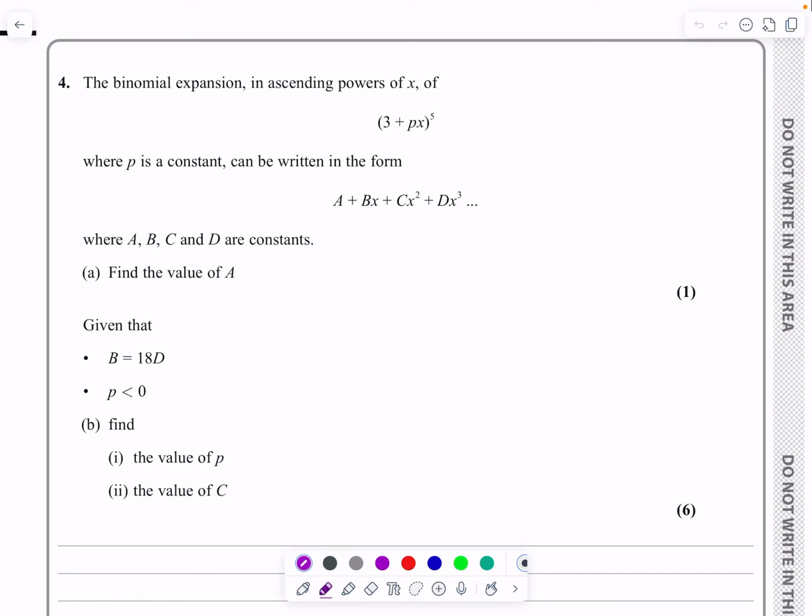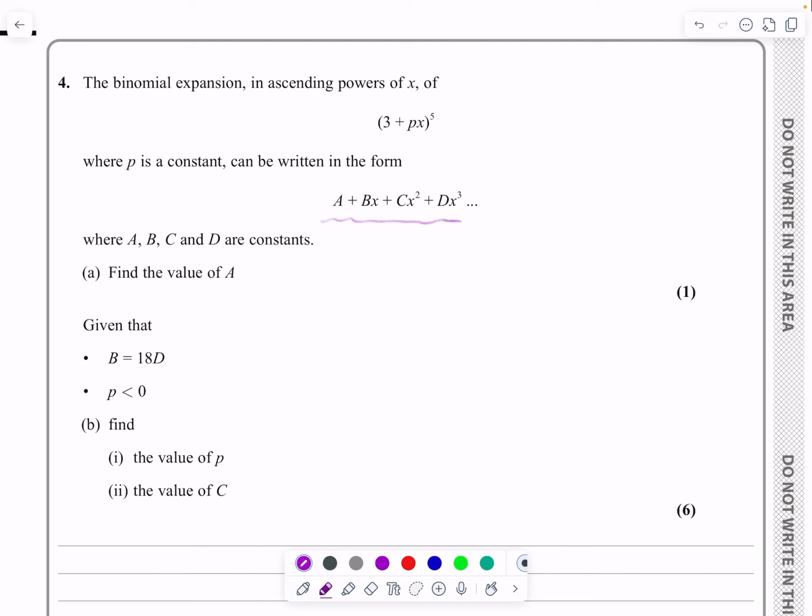Okay, this is the P2 paper from June 2023. It's question number 4, and as we can see by looking at this, it's a binomial expansion question. Let's have a look and see what they've got. We've got expand (3 plus px) all to the power 5, and if we do that, they're telling us that